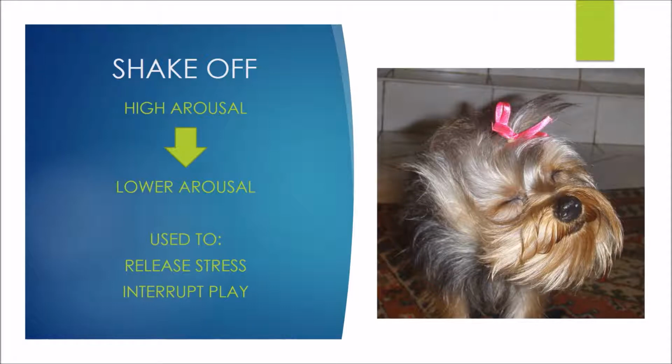It can also happen in play. So if play is getting a little bit full on, arousal levels are kind of going up, you will find that one or both the dogs may break away, kind of have a bit of a breather and do a shake off, and again, just come back down to a slightly calmer level. So I'm going to show you a video in a moment because it is a lot easier to see a shake off than capture it in a photo, and I'm going to chat you through it.